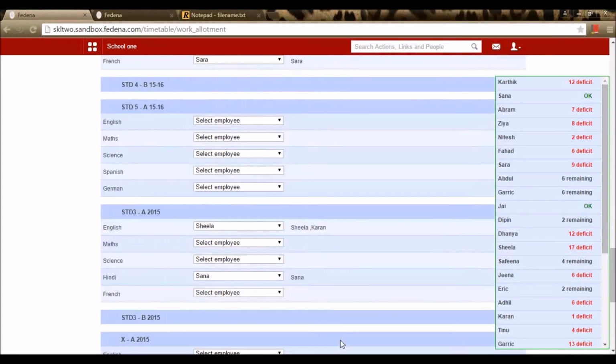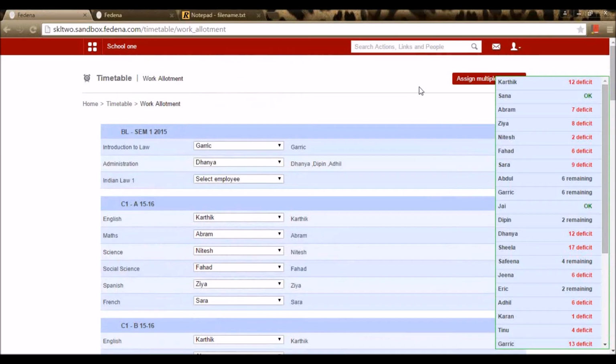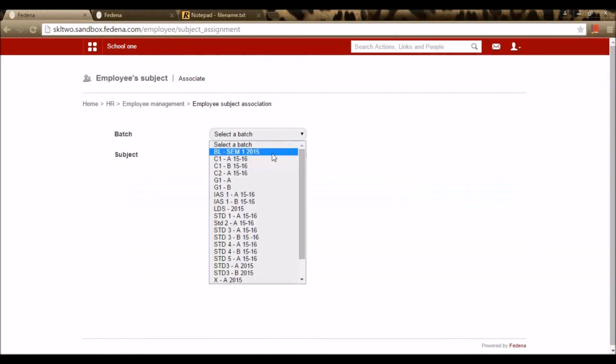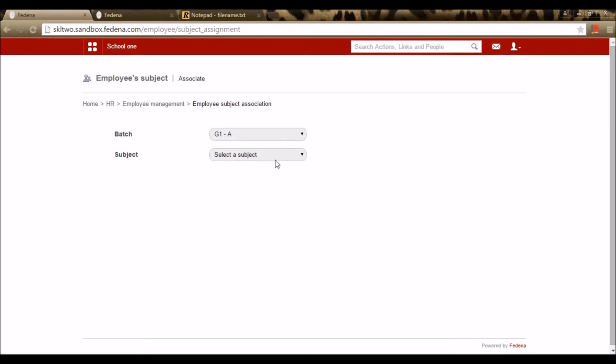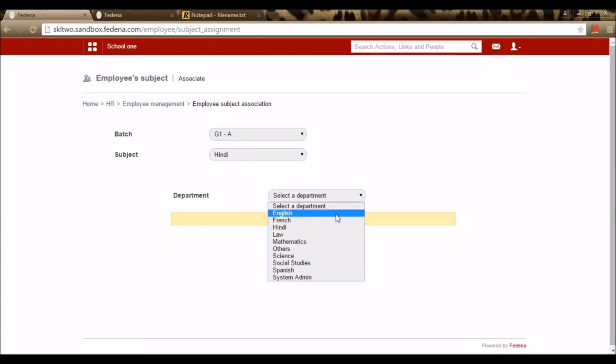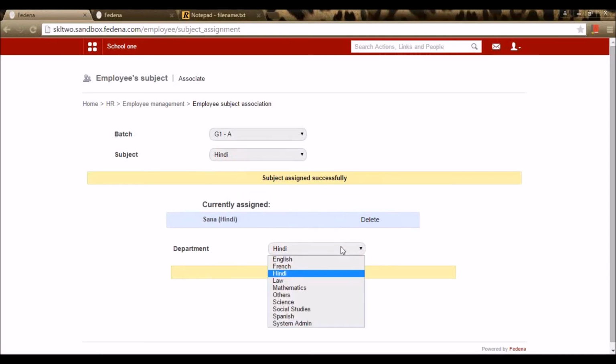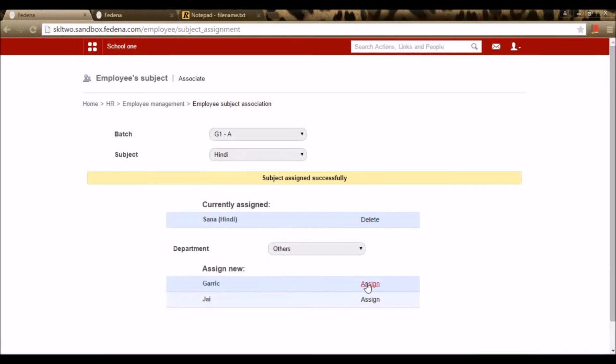If I want to select more than one employee, I need to go for the option assign multiple employees, where I can select a particular batch, select a subject, and assign more than one employee. So for example, I have another employee in another department who can teach Hindi.